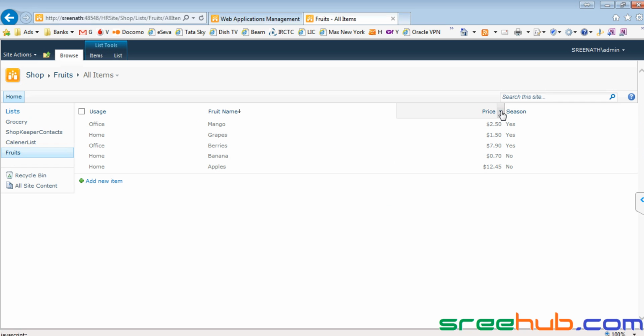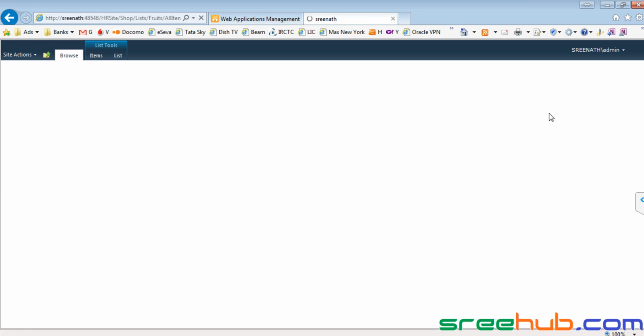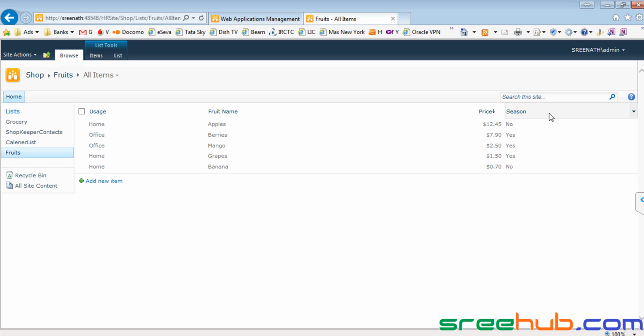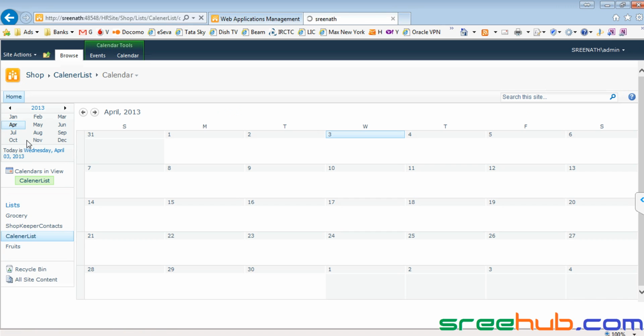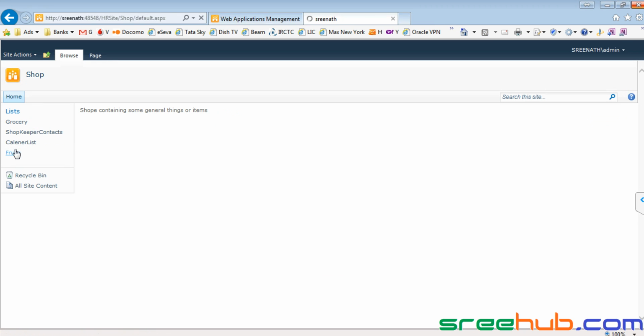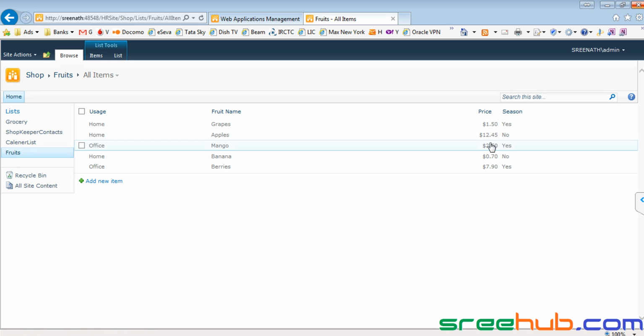In the same way, if you want price to be sorted, smallest on the top, which is again ascending or descending. But here what we are doing is very static. Once you do some sort, and if you close your website and open it again, let me go back to something else, and come back here to shop and to fruits. Can you see here it is sorted again? Which means whatever state you set here has not been saved.